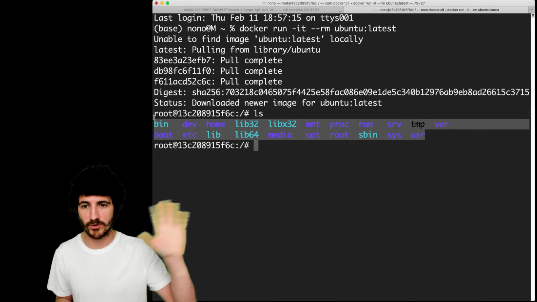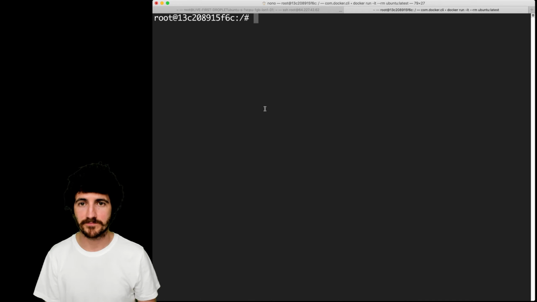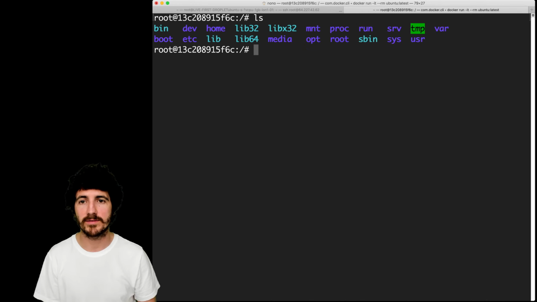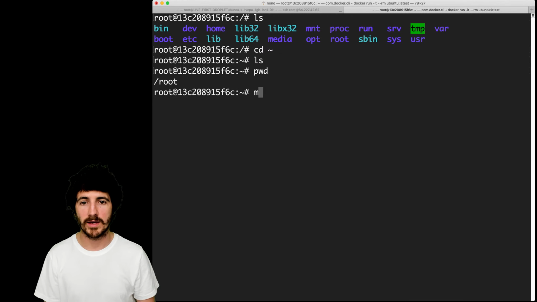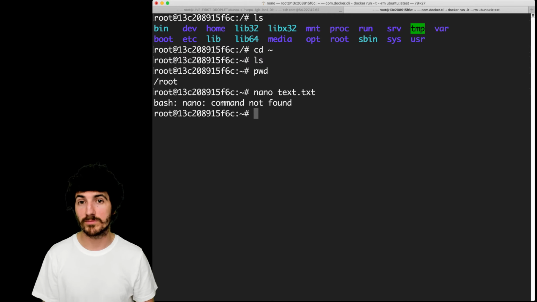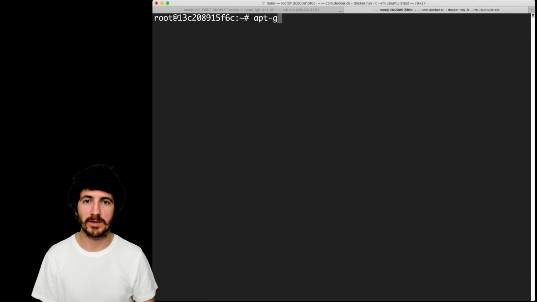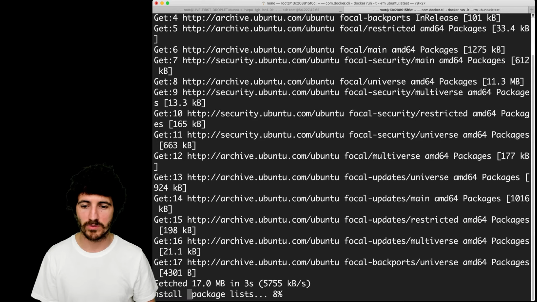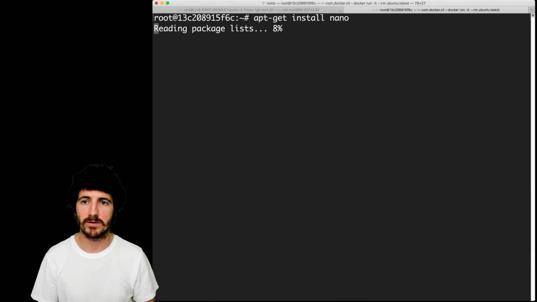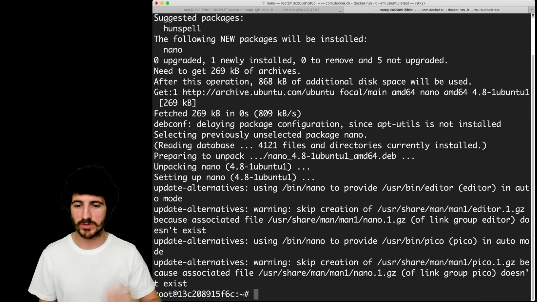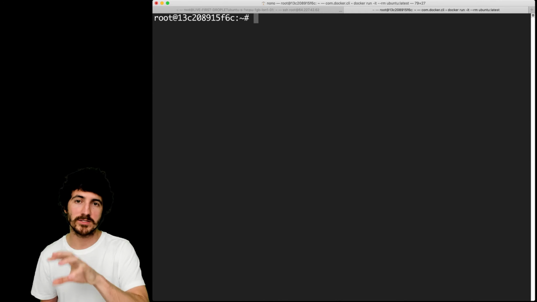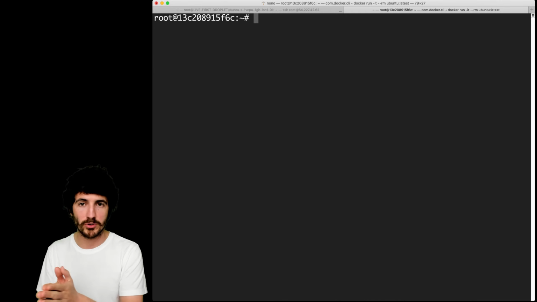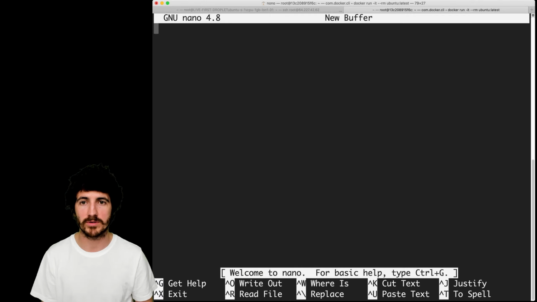This is not my droplet, this is a Docker machine running on my computer, and you can see that that's true. If I go to my user folder at root and I create a file, for example, text.txt, and oh, Nano is not even here. We can actually do apt-get update and apt-get install nano. So that's a command I'm gonna run now. That's pretty fast. I'm just showing you this because this is starting from a fresh Ubuntu machine on my computer and installing things into it. So now Nano is available.